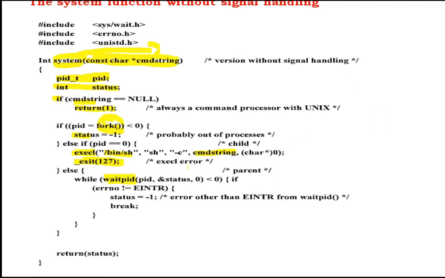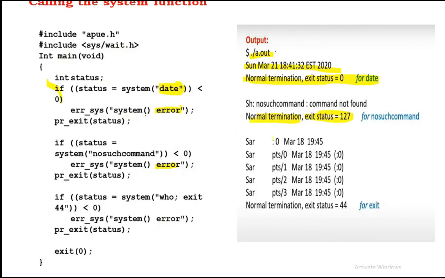Previously we have seen that if the command does not exist, you are going to set the error as 127, so that will be written, and we get that as the output here. Then the third is where you are executing two commands, that is who and exit 44. First the who command will be executed and you are going to change the exit status value to 44. By default it will be 127, you are externally changing it to 44.